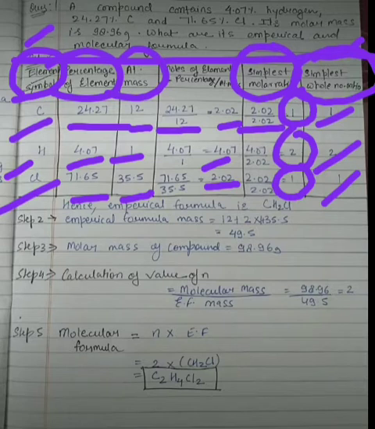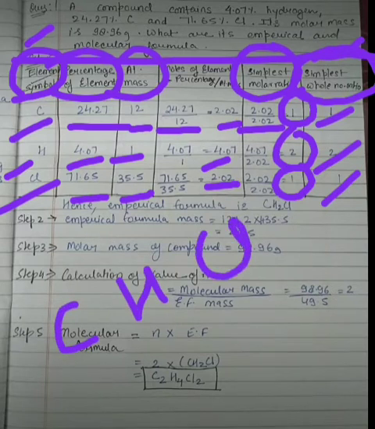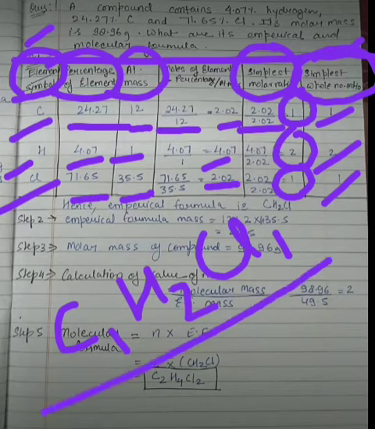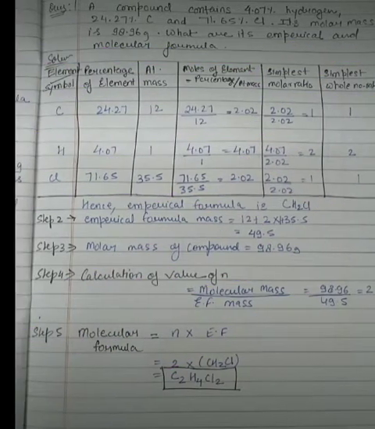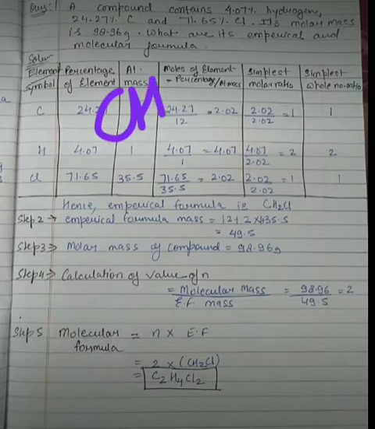Also, students, in the calculation of empirical formula, the last step is writing the symbol of the elements. So we have 3 elements, C, H and Cl. Then we give the numbers, the simplest whole number ratio, in subscript. So it will be C1, H2, Cl1. Okay, so this is the empirical formula, or you can better say it is CH2Cl.